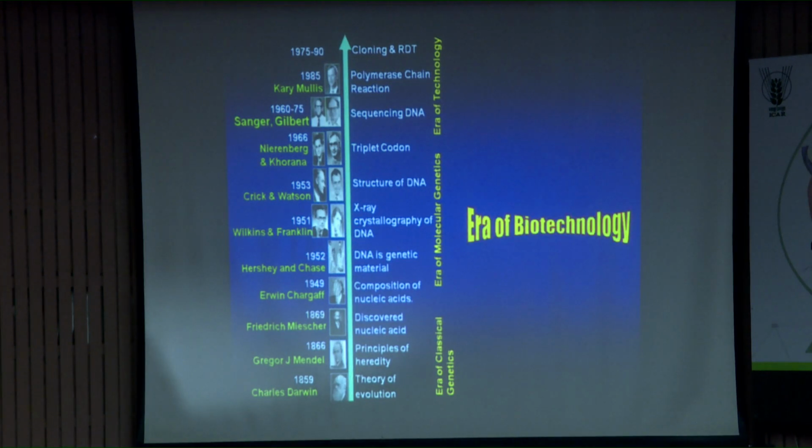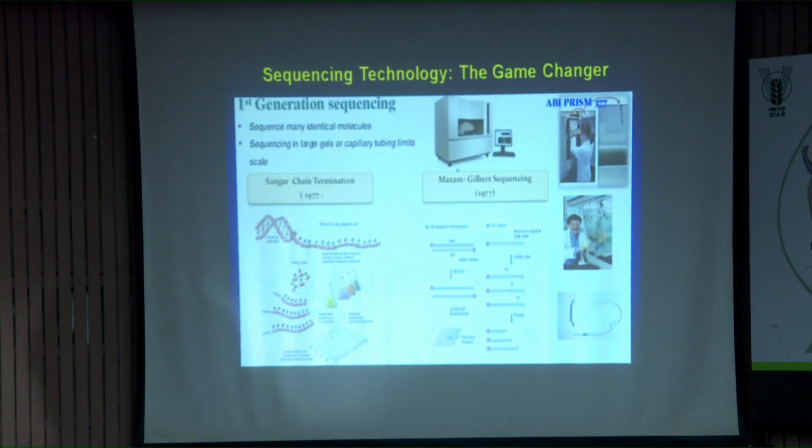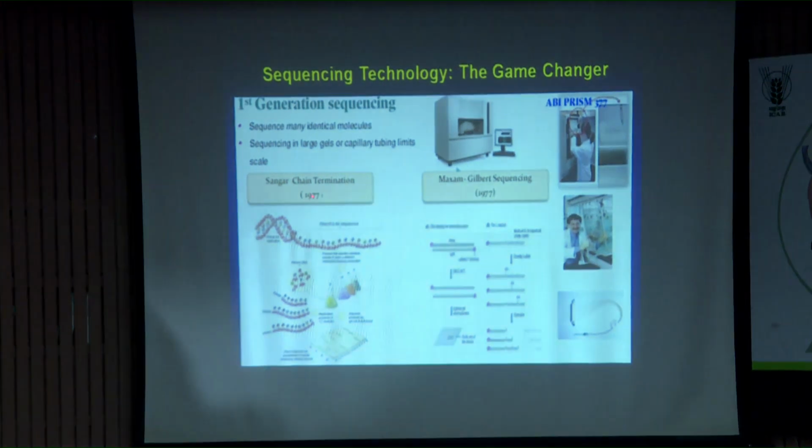So, what happened next? In the early generation, sequencing was done mainly by two methods, Sanger chain termination sequencing and Maxam-Gilbert sequencing, the chemical sequencing method. During this phase we were trying to sequence individual genes, a portion of DNA, because the sequencing speed was not that high. But in spite of that, a very huge project was initiated, because we thought that if we were able to know the code of ourselves, what is written in our genome, then we would be able to solve the mysteries. And during that phase, what happened next,